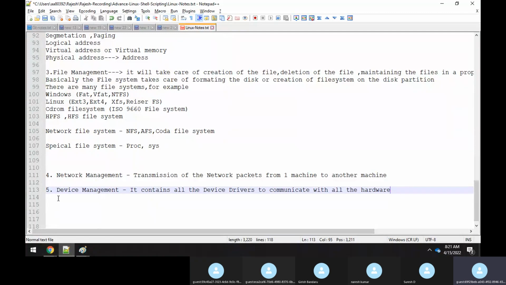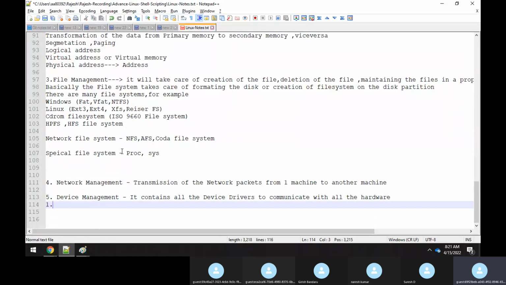And all these hardware devices are broadly categorized into categories. One is character devices. Under that, you will get something like a parallel port, serial port. Who uses this parallel port, serial port?